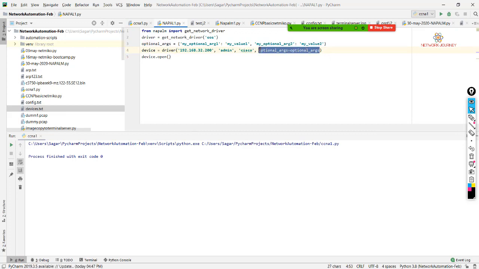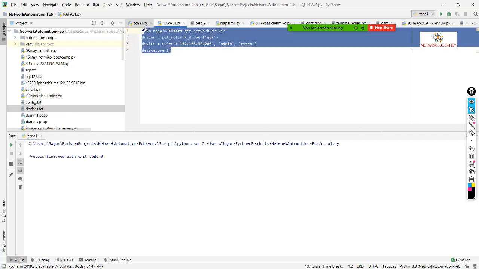This is arguments, optional arguments. I can take this out, this is just optional. So this is more than enough, four lines of command to get started with your NAPALM. So if I run this,